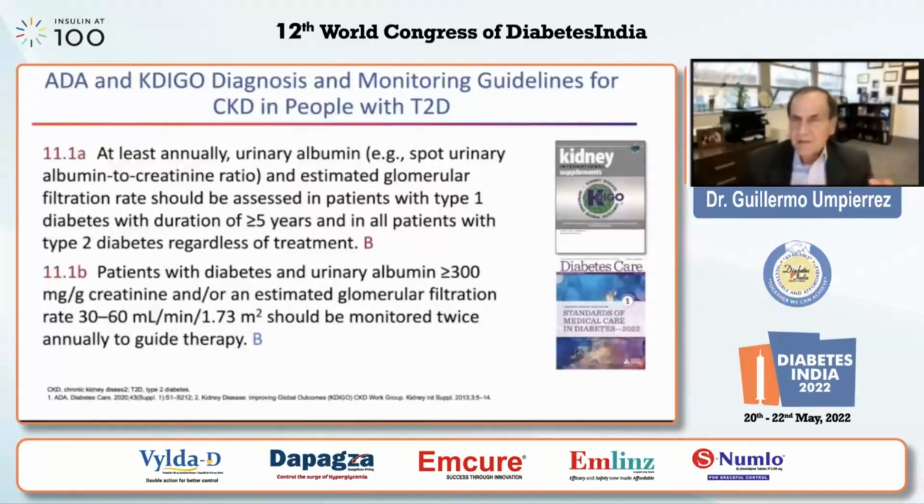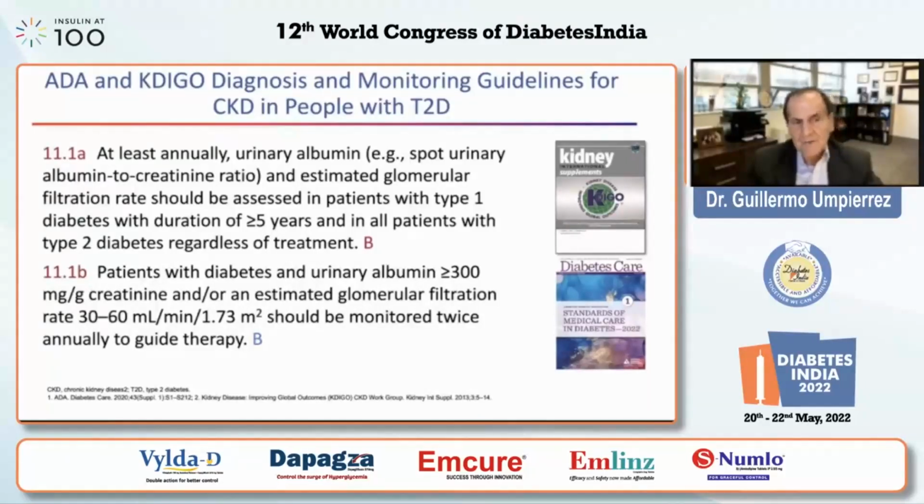In patients with newly diagnosed type 1, you can wait 3 to 5 years if you're young. In patients with type 2, we want to do it shortly after the diagnosis. Why? Because we don't know when type 2 patients start having diabetes. It can be several years. So once you have a type 2 patient, you immediately do a UACR, you do a GFR, and then you repeat this